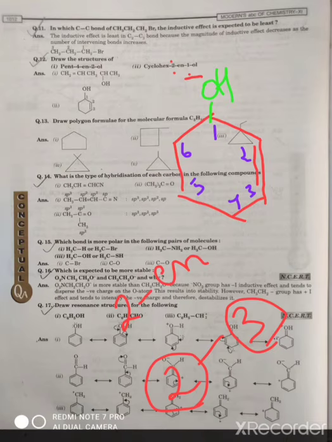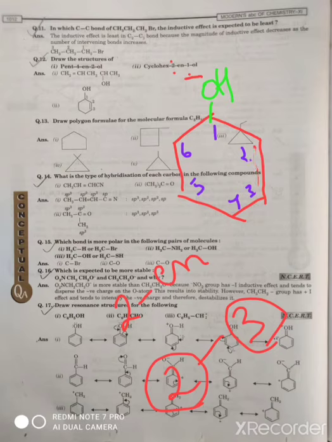Are any other possibilities there? Yes, one more possibility is that I can rub this double bond, and start the counting in the anti-clockwise direction, not in the clockwise direction. I will rub the numbering here. So if I am numbering in this anti-clockwise direction, in this way, this one will be the second carbon, this is third, fourth, fifth and sixth.